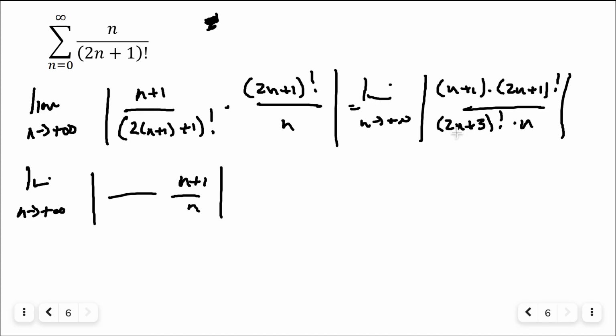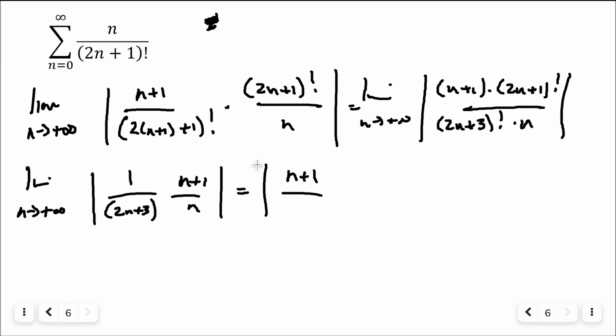And then 2 would give me 7 factorial, 9 factorial. This is all odds. This is also all odds, right? So this would have 3 factorial, 5 factorial, 7 factorial. So this one has 1 more than this one does. So this one's going to have a 2n plus 3 in the denominator. So now that gives me